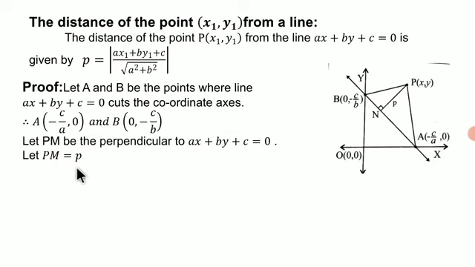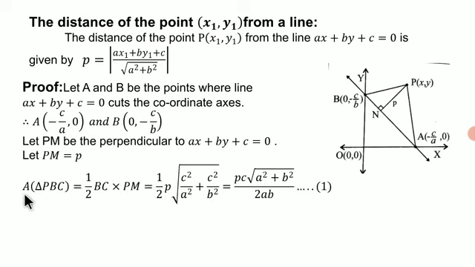Here make the correction. Instead of this point N, we write this as M here. Now, area of triangle PBC. Here make the correction. Instead of PBC, here we write PBA. C is A here.